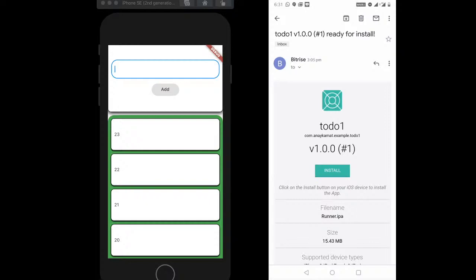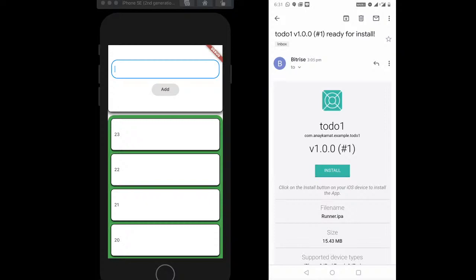So I see some files which I can just add, and I can say: integrated with live API and ensure that to do text is cleared from text field on successfully adding the to do to the list.